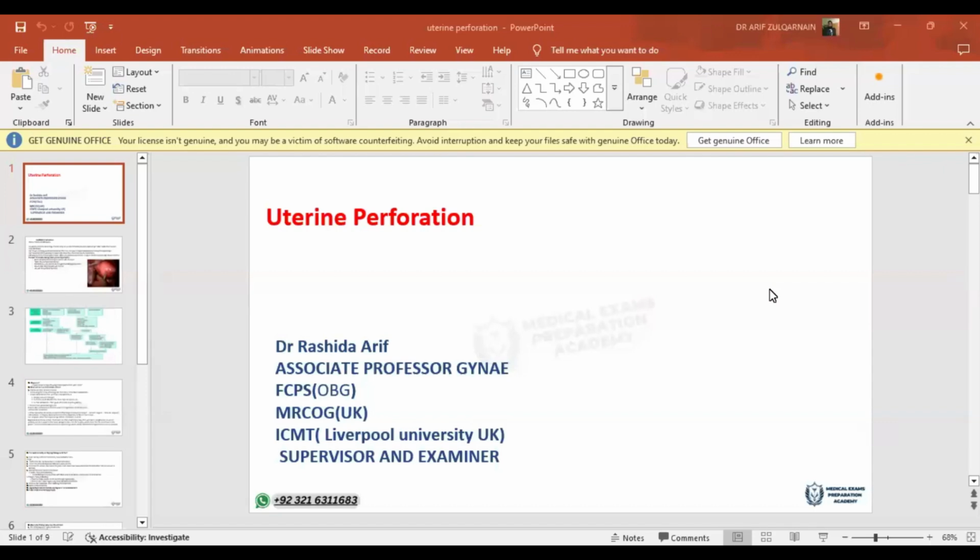So now we will discuss the station of uterine perforation. This is a very easy station, but commonly it comes in exam. Here is the scenario